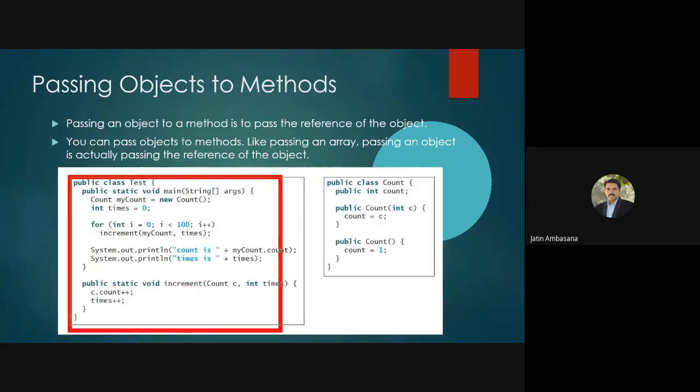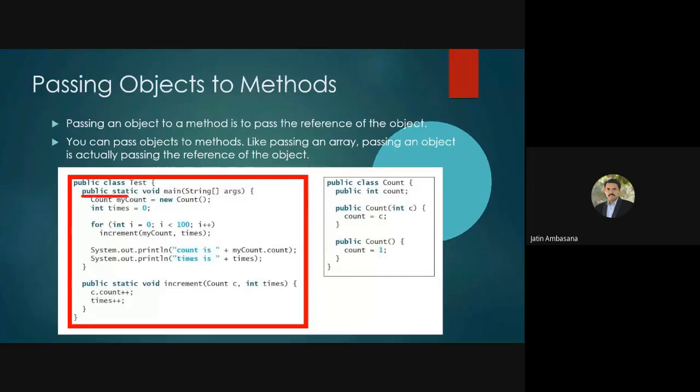See, this is a test class, okay, where inside this main method we say Count myCount equal to new Count. So we make an object of this class Count. In that we have this count variable.